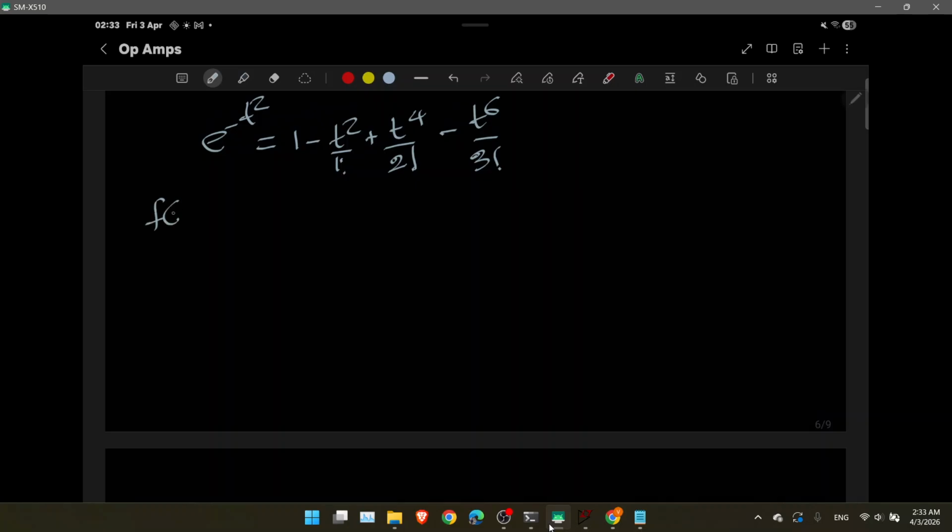Taylor's theorem says you can write any function f of t as the summation of k equals 0 to n of the kth derivative of f at a, times